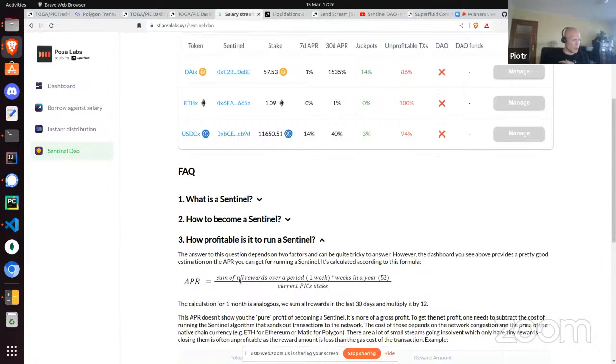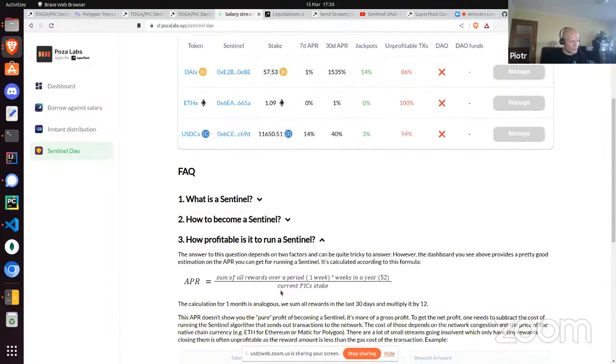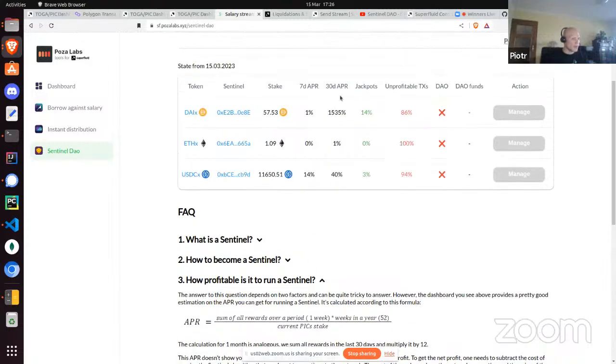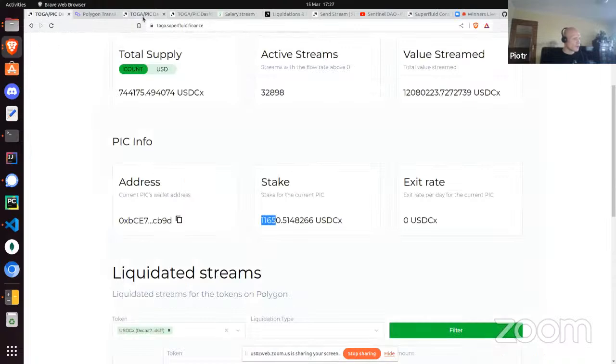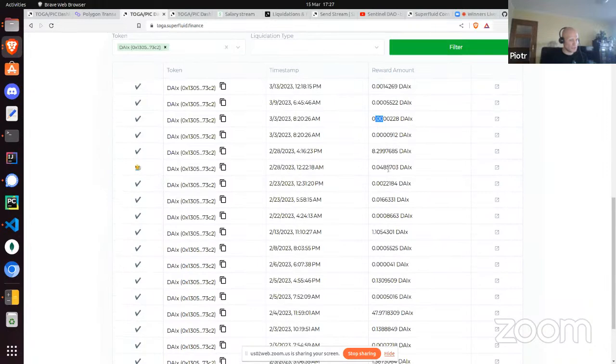If you actually take a look at how we calculate it, we divide the APR. So in the calculation of the APR, we divide by the stake. So the lower the stake, the higher the APR is going to be. And the APR for the 30 days is so high because if you scroll down in the DAI transactions, you can actually see